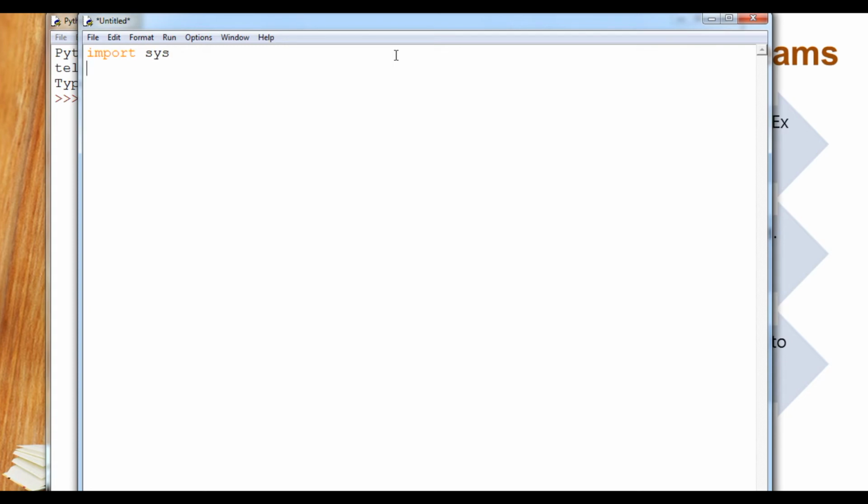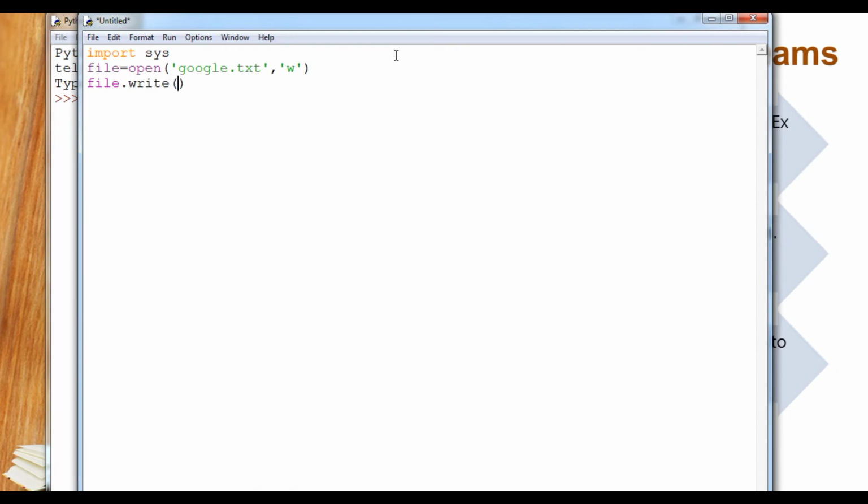Why do we need to import sys? Because it is based on devices, so that's why we are importing the sys module. We are going to create a file that is opened in write mode. First of all I will create google.txt as a file in write mode, and here I will write something like file.write.